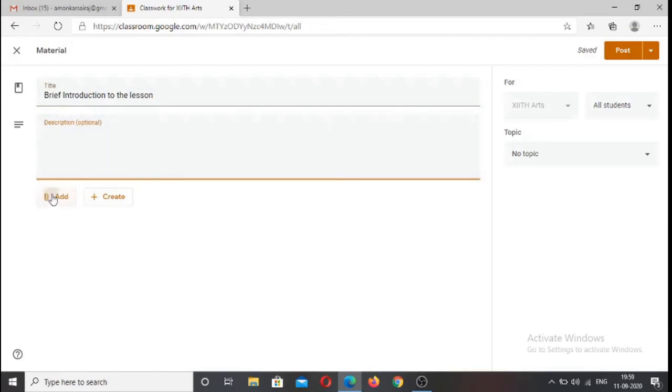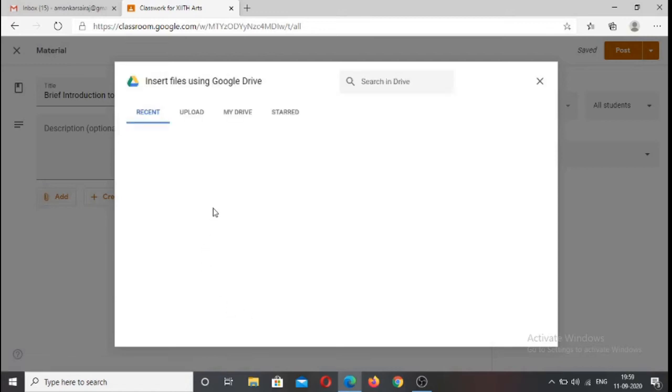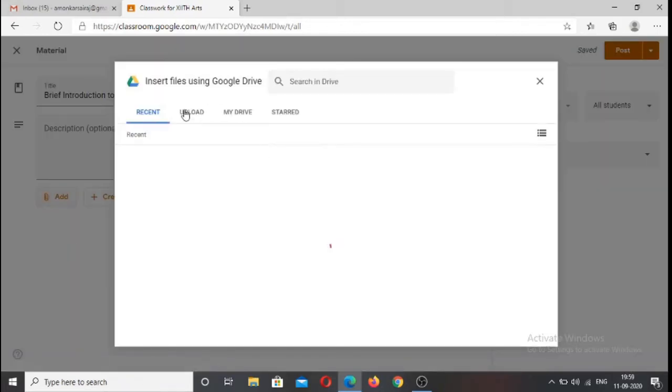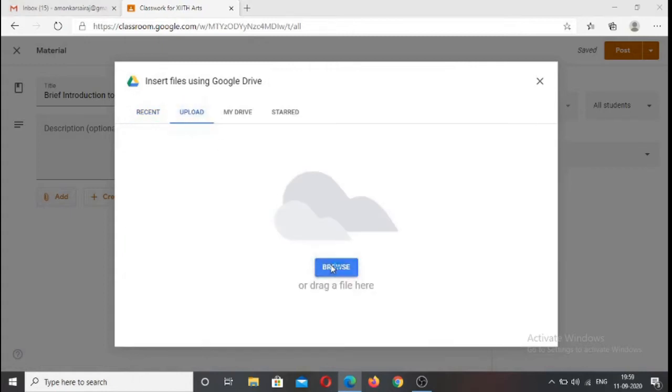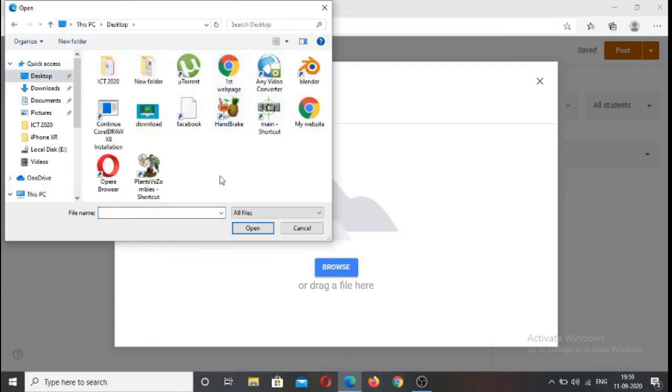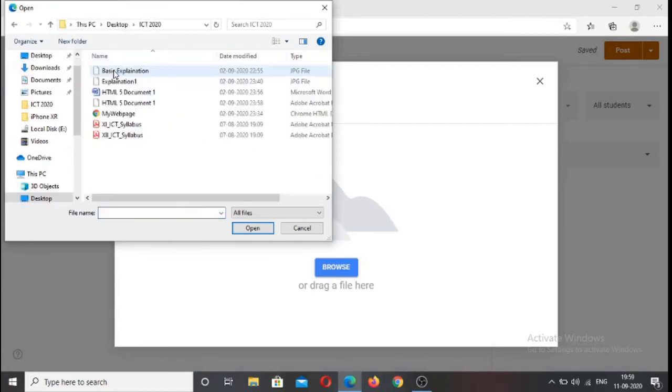And if I have a file which I want to share with my students, I have to click on the add option and click on file. So I will go to the upload section, click on browse, and then go to my system, that is my laptop, and select the appropriate file which I want to give to my students.